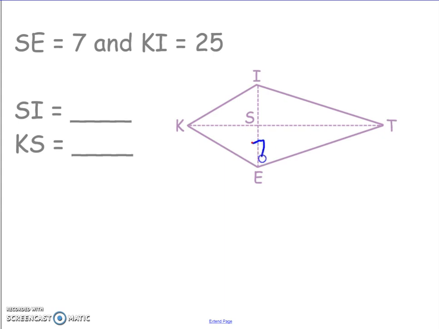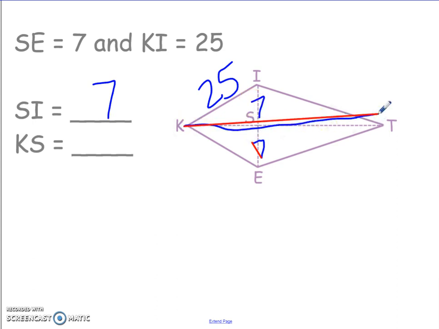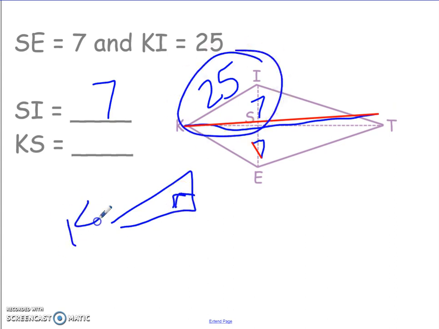Let's see, SE is 7. KI is 25. So SI has to be 7 because the long one bisects the short one. And then this right here is a right angle. So I just redrew this little triangle right here. This is KIS. So this is 25,